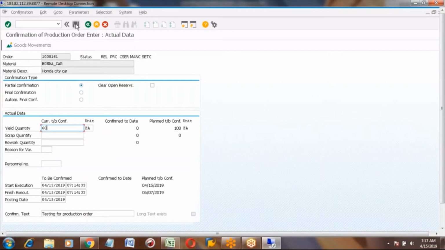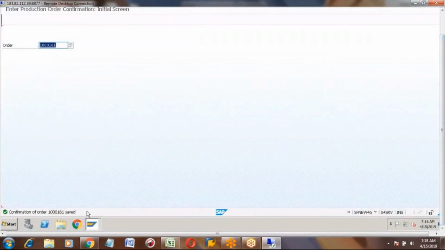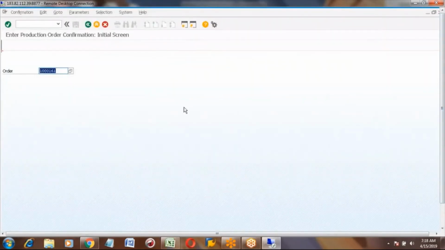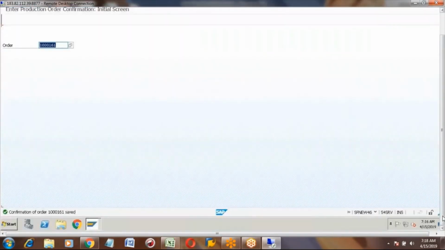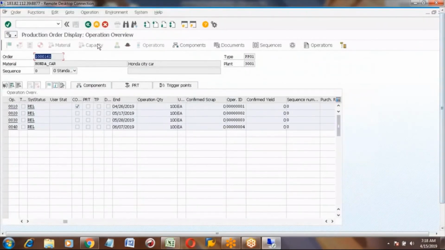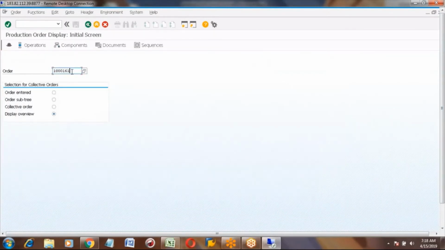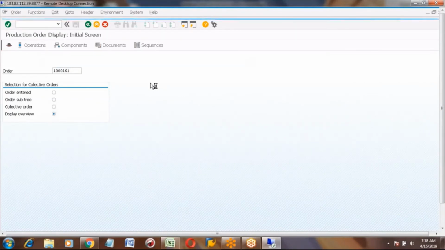Now I am clicking on the save button. So the production order confirmation is completed. You can see confirmation of order 161 is saved. Now I am opening the production order, and I am opening the operations.